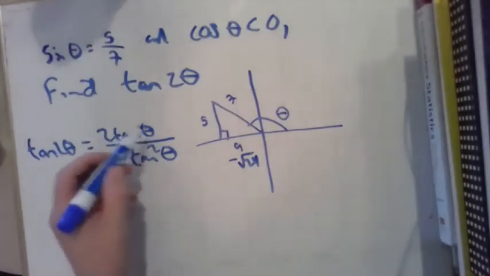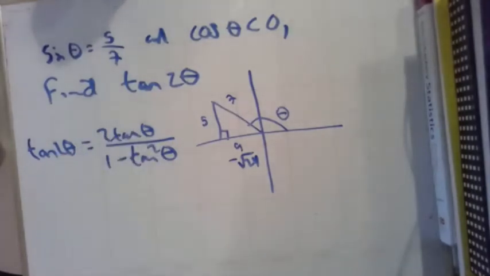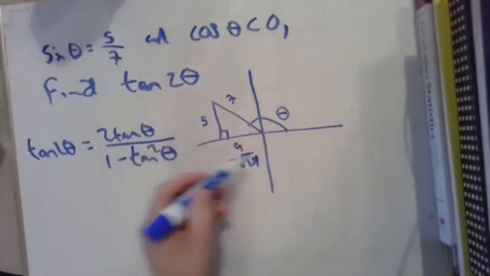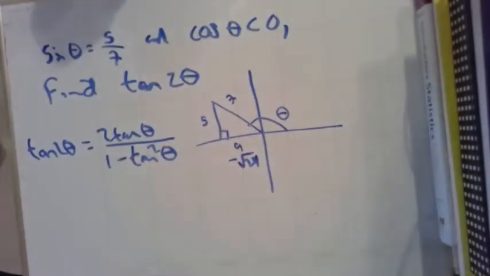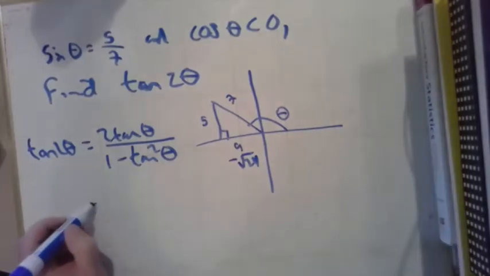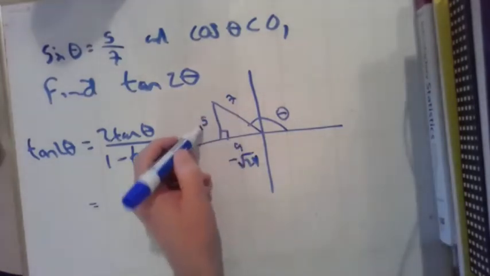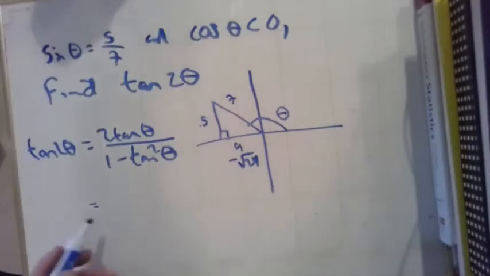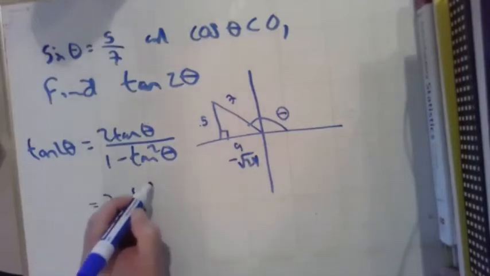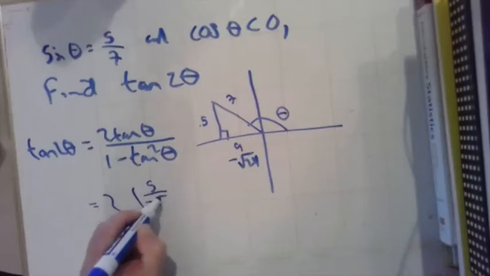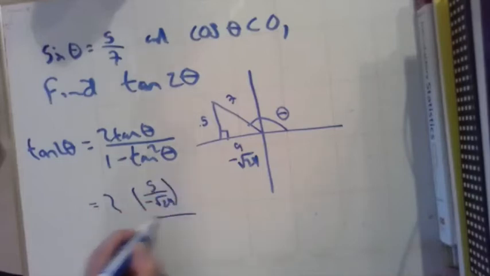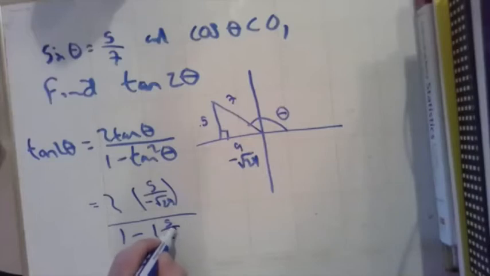In this formula, I've got some tangent of thetas floating around. So I need to use my triangle. Use the triangle to find tangent of theta. Tangent of theta will be opposite over hypotenuse. So that's twice 5 over negative root 24, over 1 minus that thing squared. 5 over negative root 24